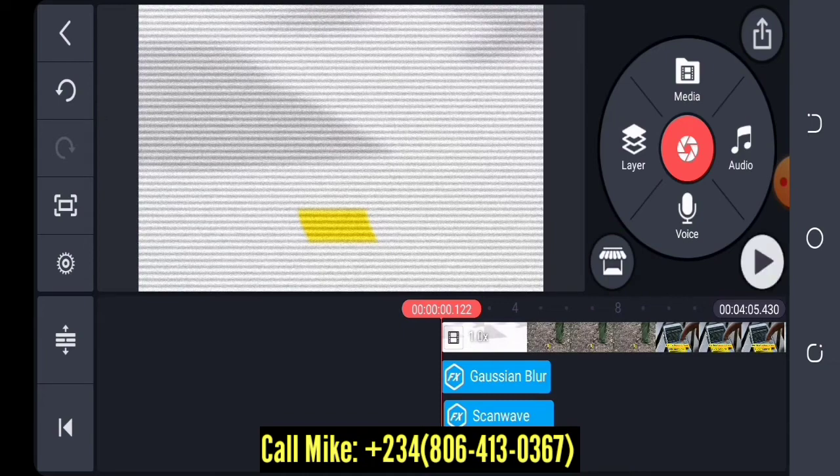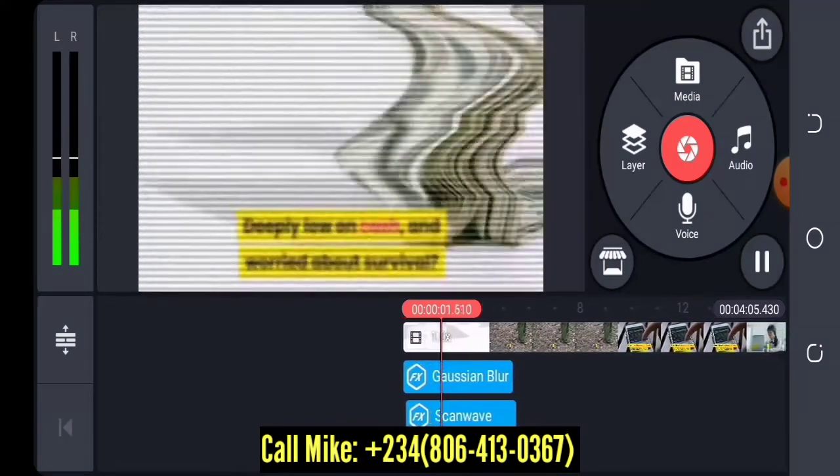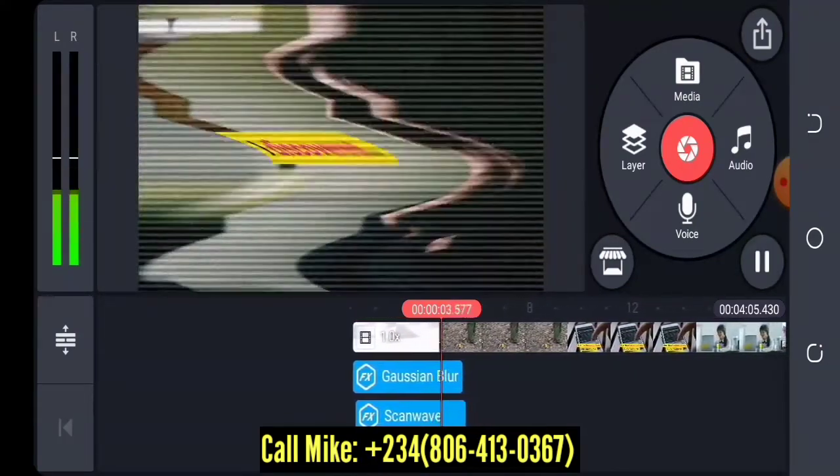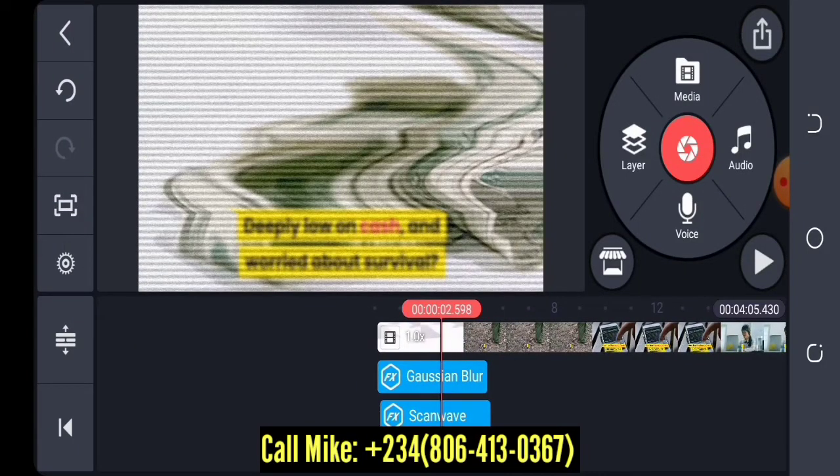Now look at it. Deeply low on cash and worried about survival? I discovered. Now if since you can see that, so if you don't want the length of the effect to